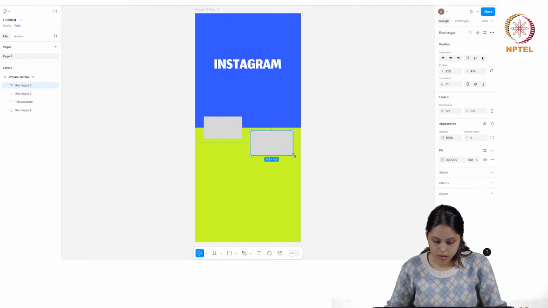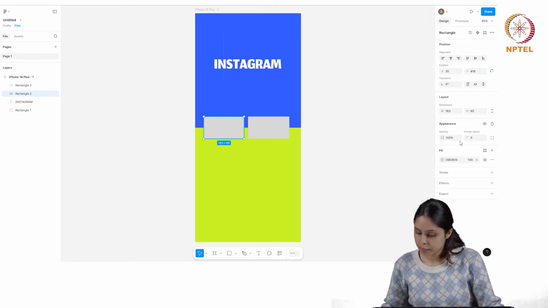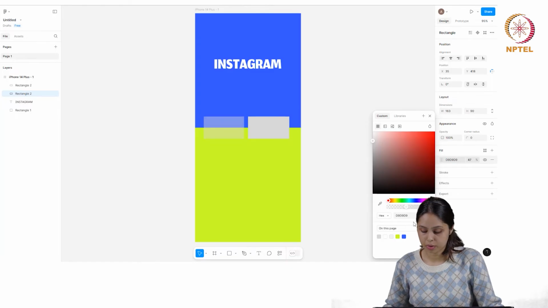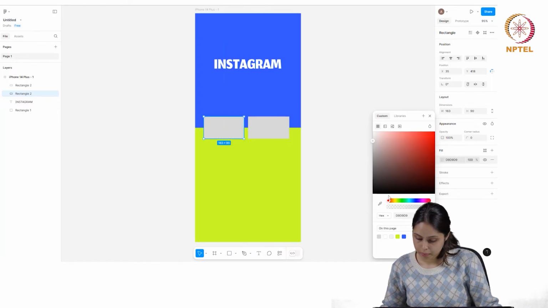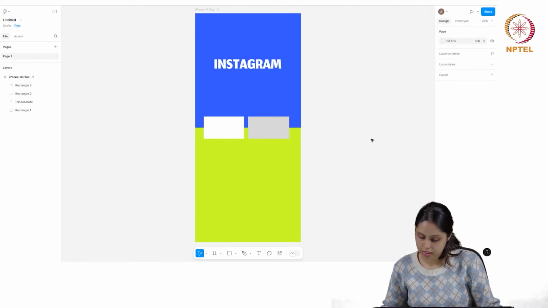This is also smaller. Place it between. So we can add different colors to it now. Maybe let's just go with white, simply white, because we already have too many colors here. Okay, this is the transparency tool if you want to make it more transparent or opaque. Yeah, and then let's go with the white color here, and let's go with the white color here as well.